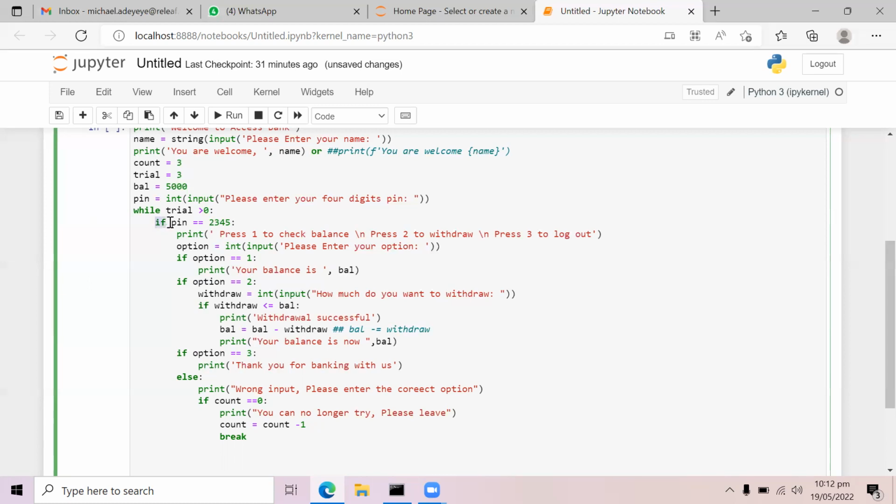Remember, we say if the pin is 2345, allow that person to execute all this code. Else, if the pin is not 2345,